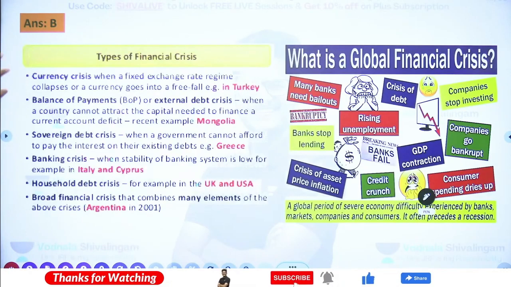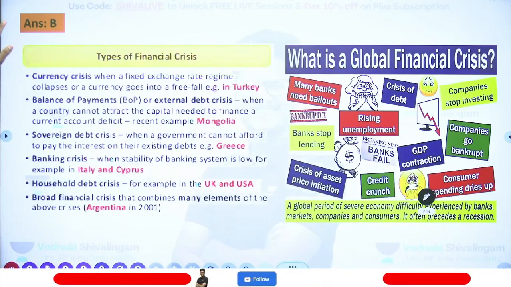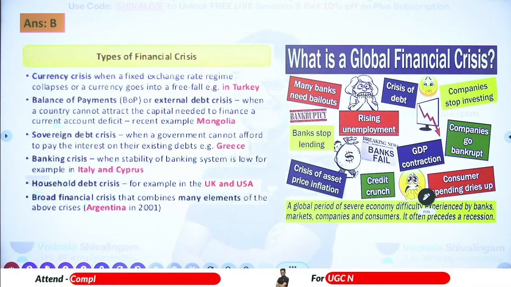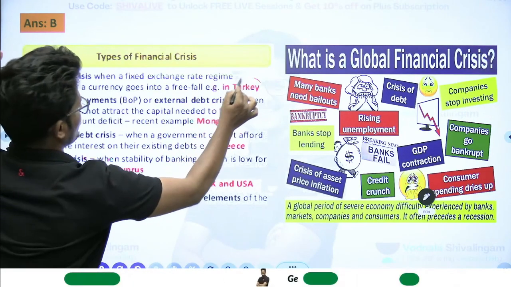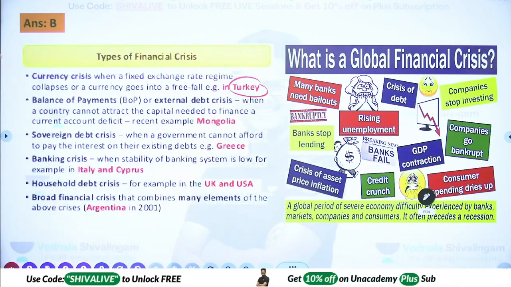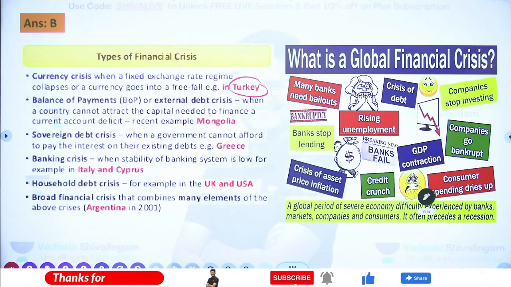So the crises are currency crisis, balance of payment crisis, sovereign debt crisis, banking crisis, household debt crisis and broad financial crisis. These are the types of financial crisis. Currency crisis is what happened in Turkey, when a fixed rate of exchange regime collapses or a currency goes into a free fall, suddenly falling down. Balance of payment crisis is what happened